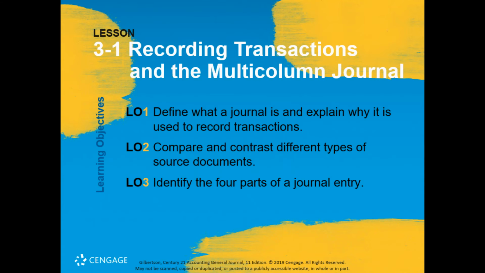Okay, so today we're getting into a new area, again building on what we did from chapter 2, and that is we're using something called a multi-column journal to record transactions. We're talking in very simplistic terms here, essentially a manual paper accounting system, mainly to learn the theory behind what's going on,